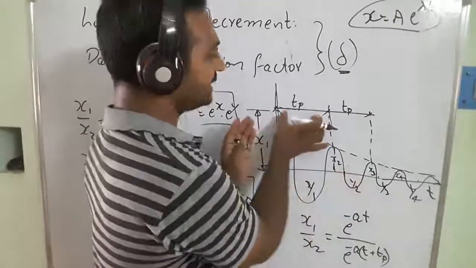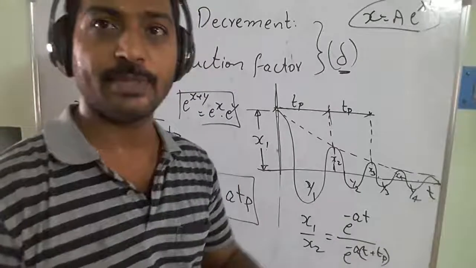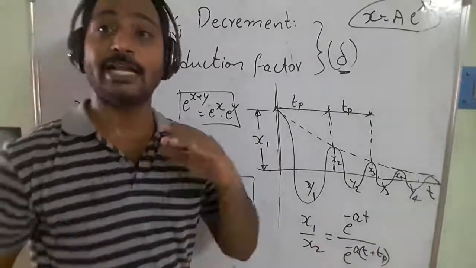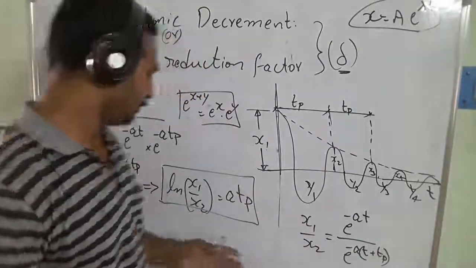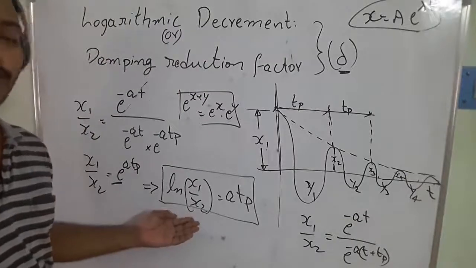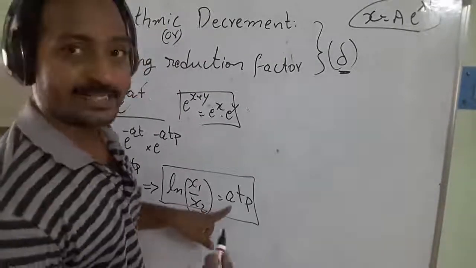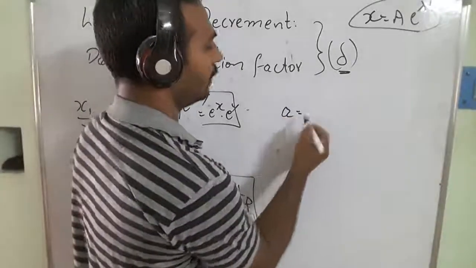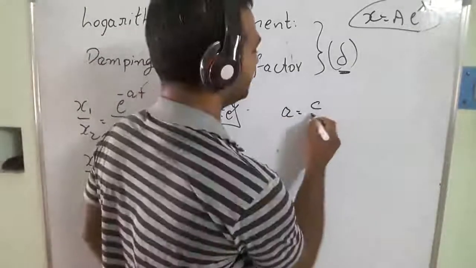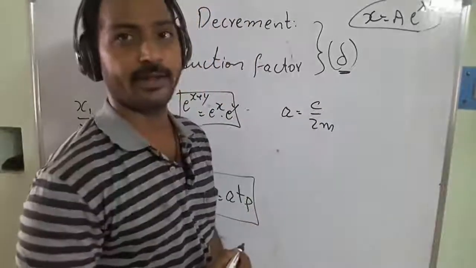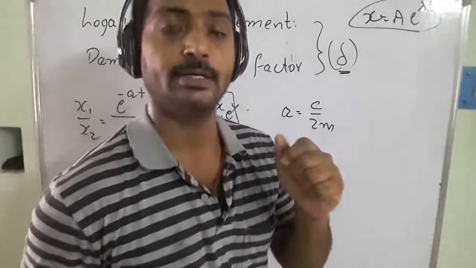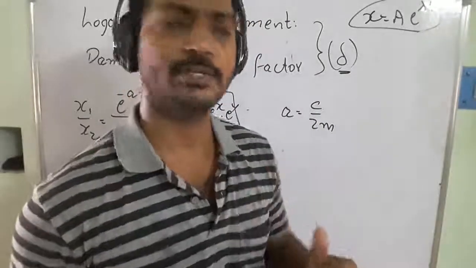So the distance we are defining in terms of time, that is going to be the time period or the damping period we are going to be saying. So further equations we are going to be defining from here. So here, that's a. What is the a value? The a value we have already taken as one of the constants, that's going to be c by 2m. We have seen that in the critical damping or the underdamping system we have defined.